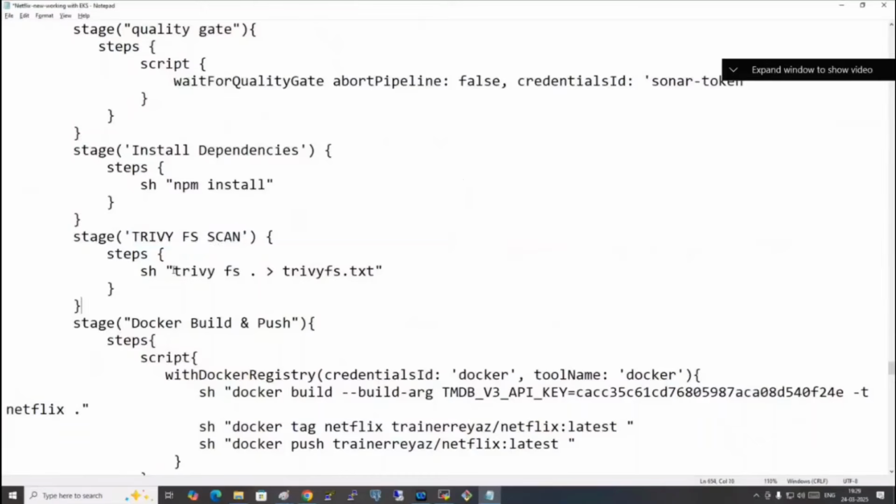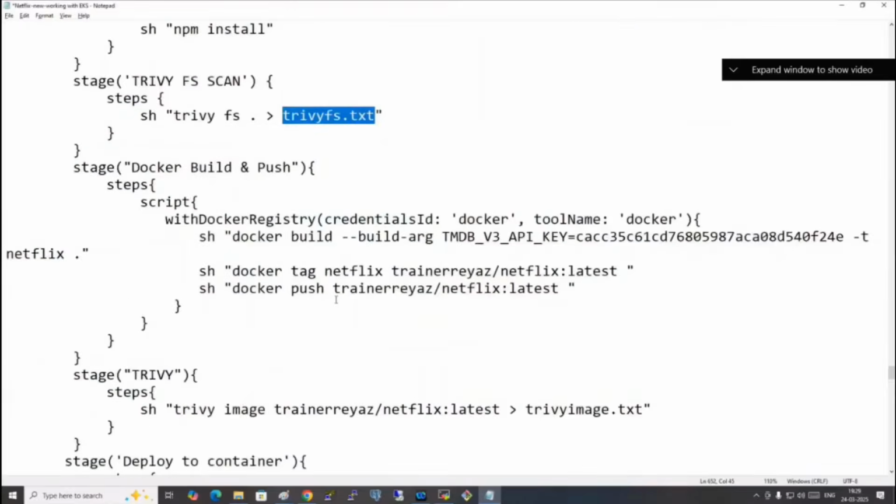If you do sh trivy fs dot, whatever data you have inside your workspace, everything will be scanned. So here you see, it will scan and generate a report into that text file. You don't need to do anything. You just put the command, and automatically the scan will happen here. And then do you see